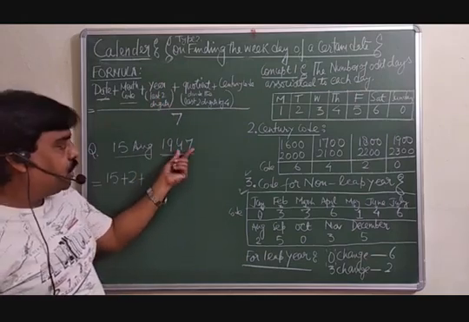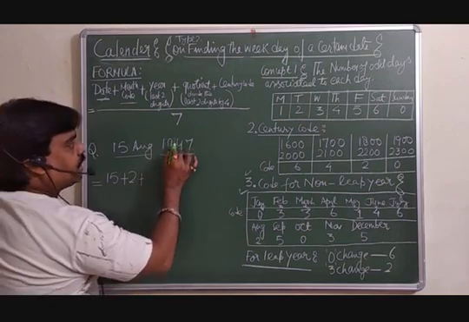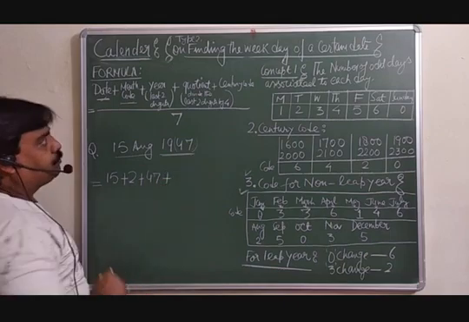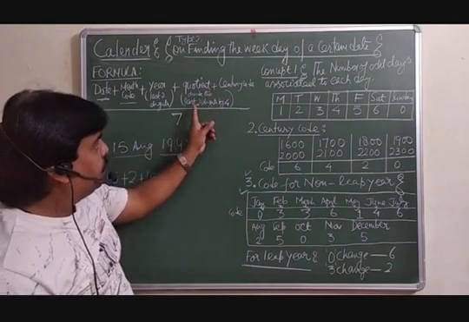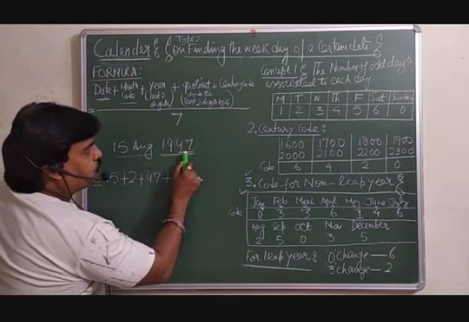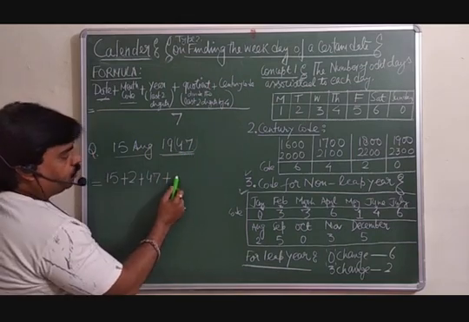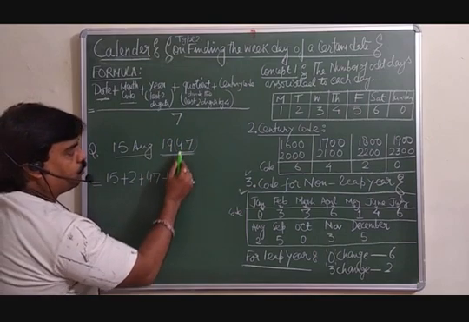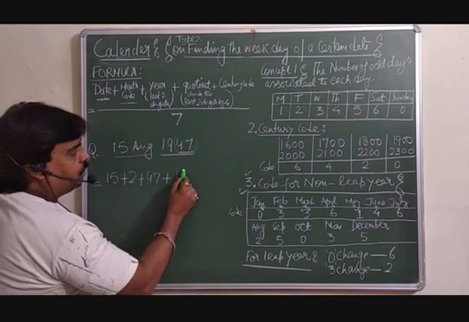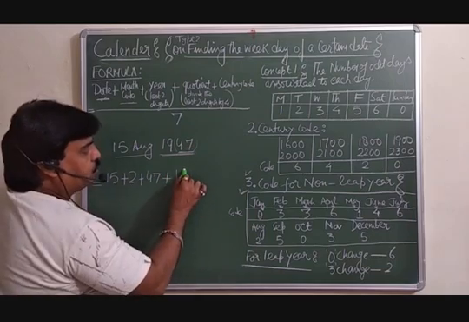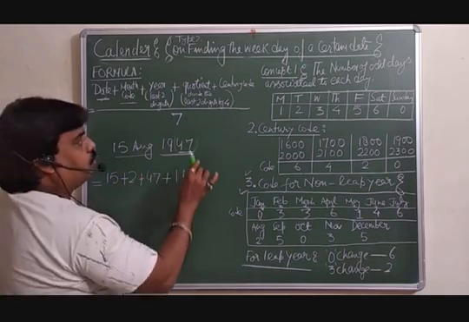And this is 1947. So last digits क्या है यहाँ पर 47. So you must take the 47 plus. Now the quotient: divide the last two digits by 4 and write down the quotient here. Just 47 को we will divide by 4, so 4 11 जा 44, 4 1 जा 4. So 11 times it will go. So you must only write the quotient here. Forget the remainder. Remainder भूल जाइए.